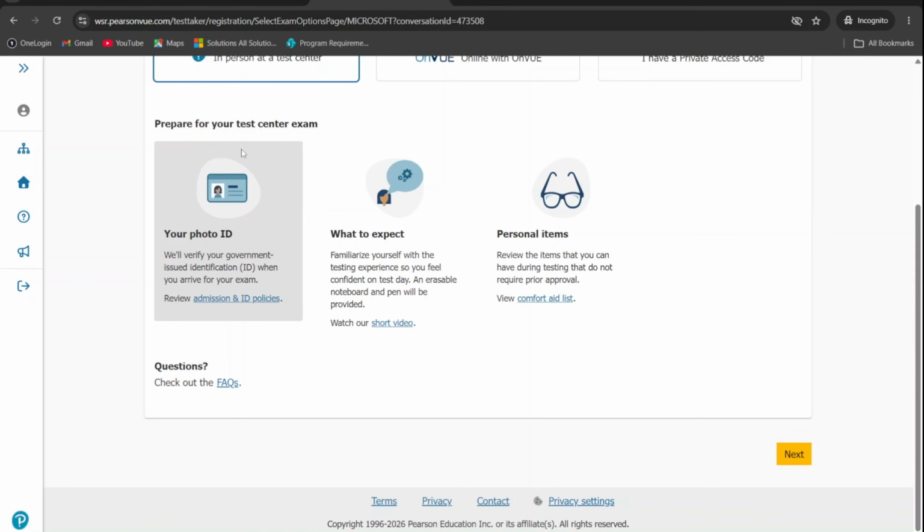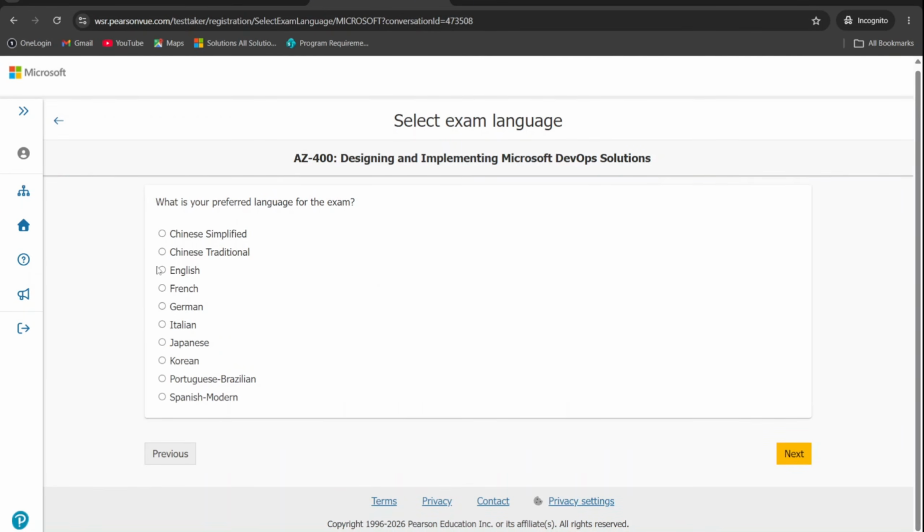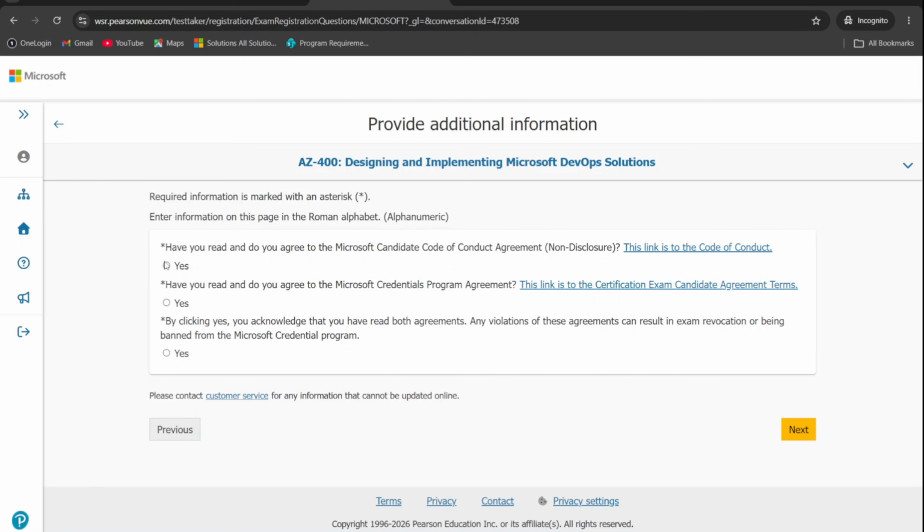And it is asking me what are the different kinds of things which I need to bring to the exam center. So I need to bring the photo ID, and I can also see the list of personal items which I can bring, right? So that is an important thing. And when I click on next, you'll be able to see that I can select my specified language like this. I can also click on next, and after this I just have to